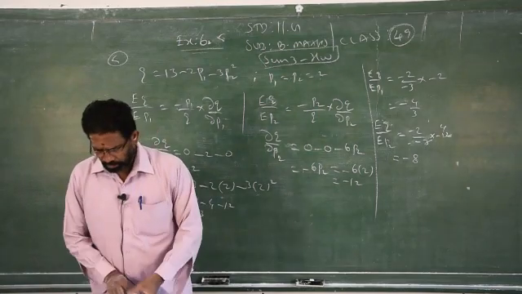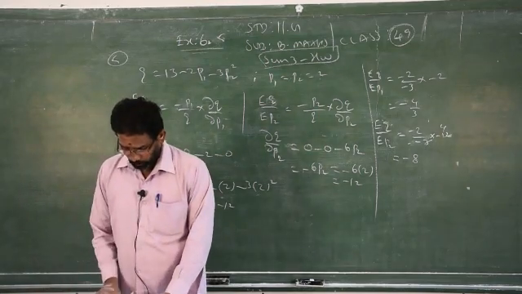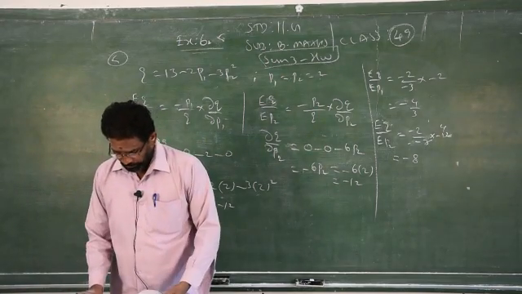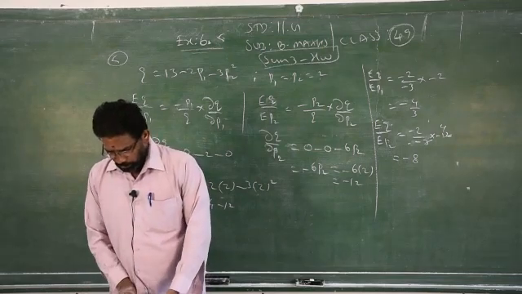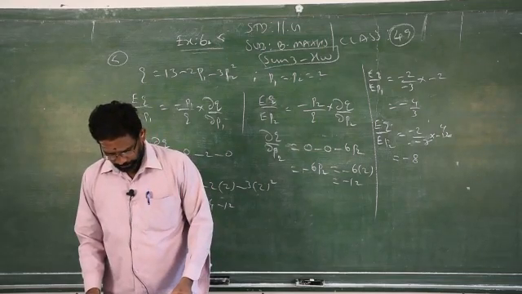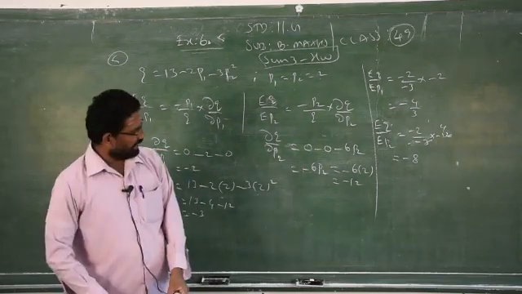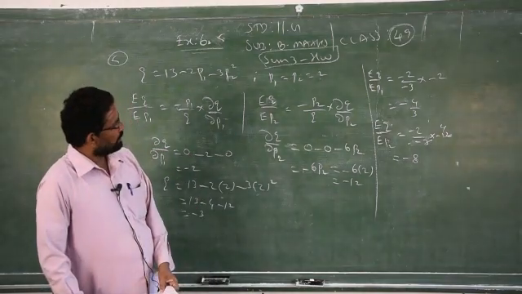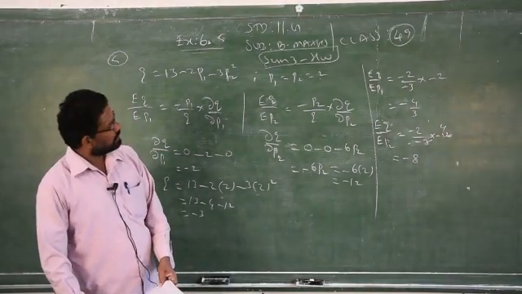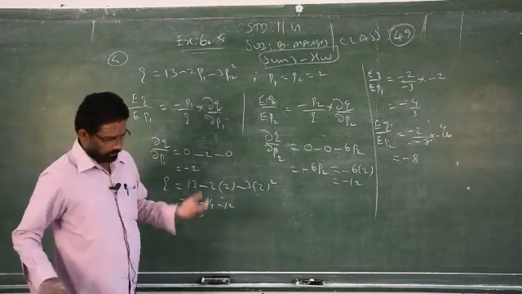This will carry 5 marks. We will check whether our answer is correct or wrong. If it is wrong, let me know where the mistake is. Clear? So you will check. Minus 4 by 3, the first answer is correct, the next answer is minus 5. So both are correct. Clear?